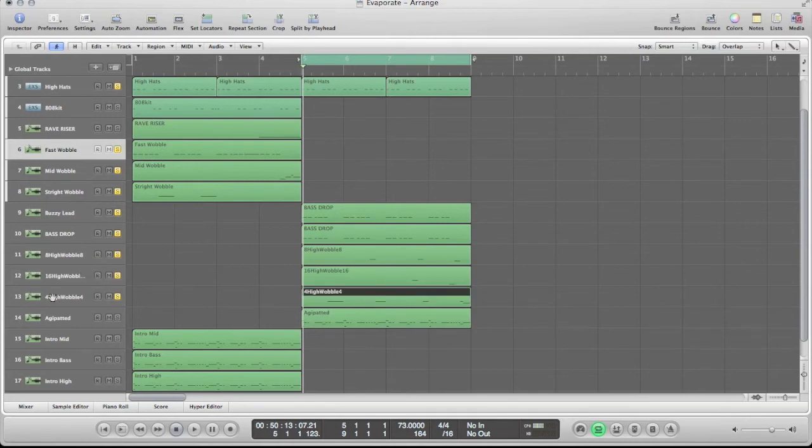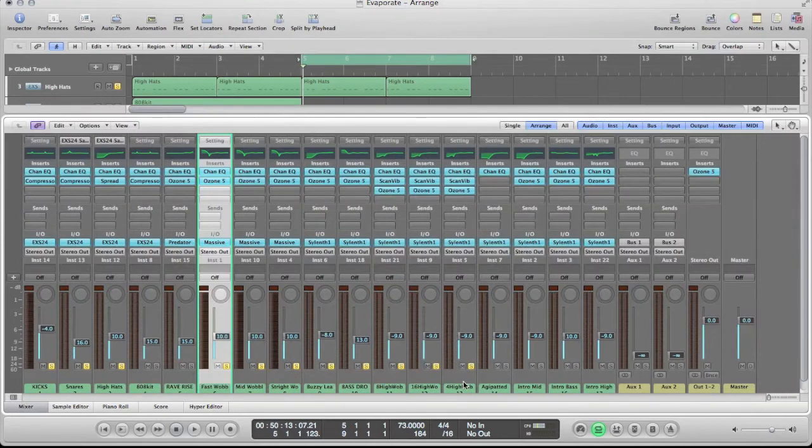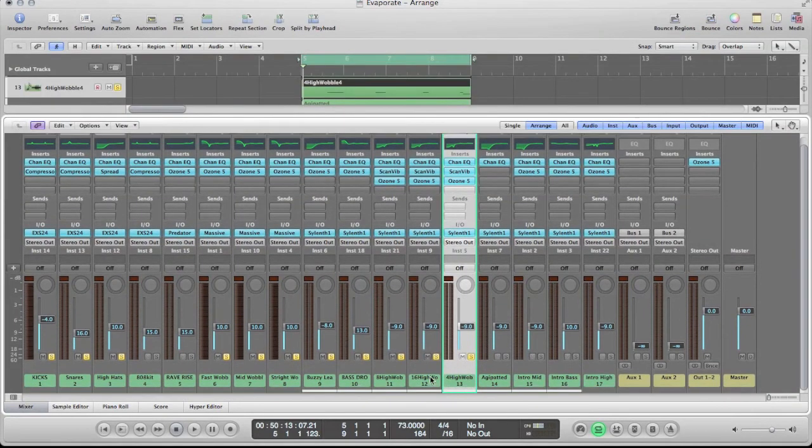So here I have the tracks named accordingly. This one's called 4 wobble because it's a slower speed. This one's 8 wobble, it's medium speed, and this one's 16 wobble. They're probably not perfect to what they should be named, but you get the point. One's slow, one's medium, one's fast. So inside the VST here,